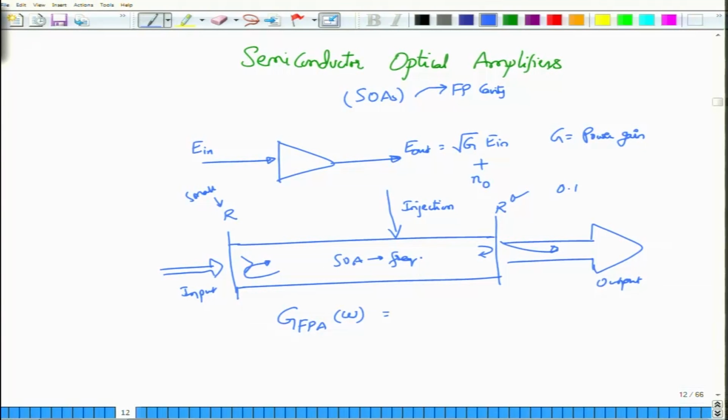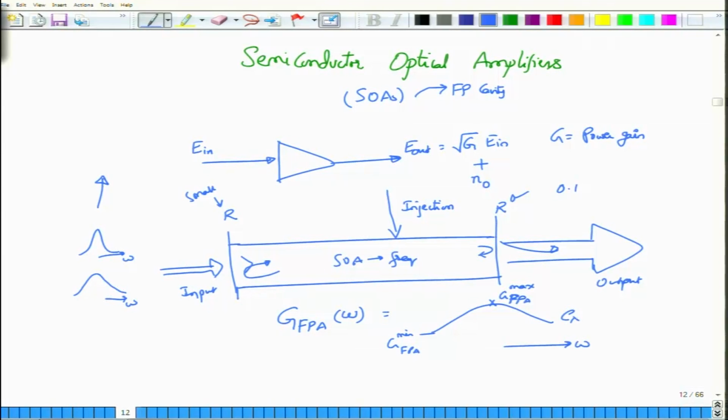material. Remember, all lasers have a certain line shape. This line shape will be either in the form of a Lorentzian or a Gaussian line shape. This is of course a function of frequency omega. You do not have any gain medium which has a delta like spectrum. Most of them have a certain variation, and you would expect the gain of this FPA to be something like this with respect to omega, with a maximum gain which we will call G FPA max, and a minimum gain that would occur at the tail, which we would call G min FPA. This is what you would expect.